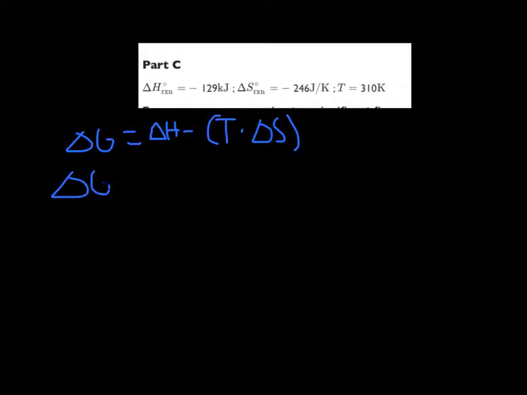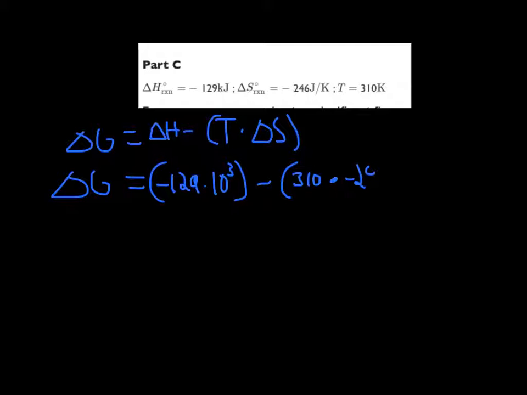We have delta G equals delta H minus T multiplied by delta S. So let's plug in these values. Delta G equals delta H, so in this case minus 129 times 10 to the 3 minus temperature of what? 310 Kelvin multiplied by